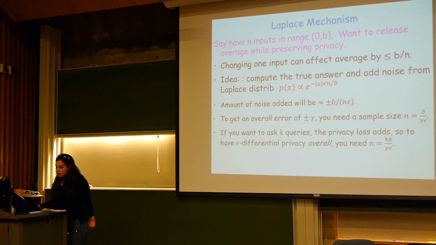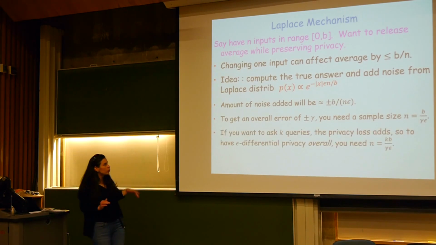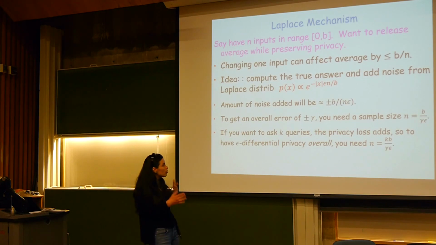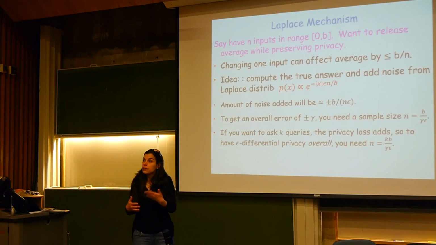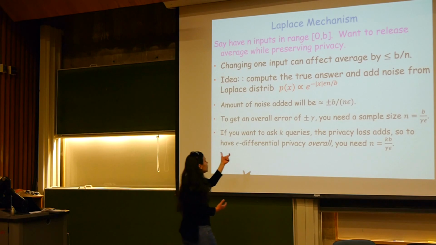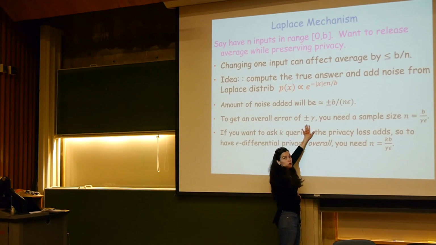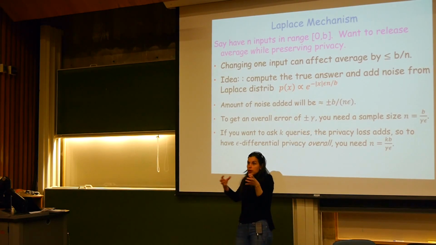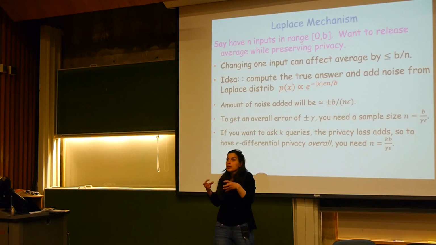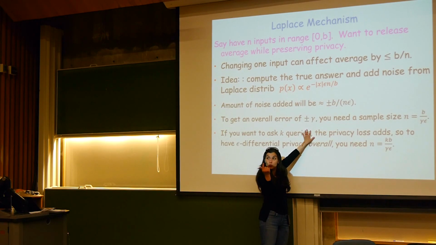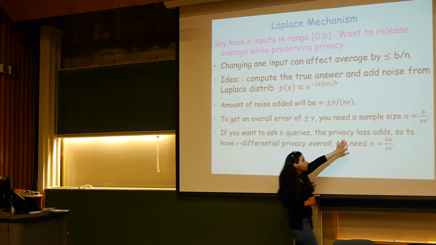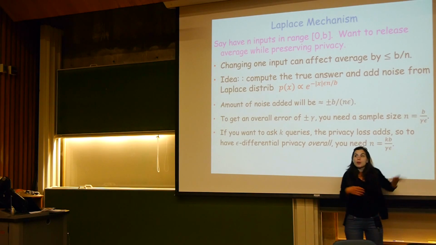And actually, then you have to go ahead and think about it. I'm not going to go through these computations, but the way to think about it is, I'm going to add a certain amount of noise, and then I might ask, how many samples do I need to be epsilon differentially private and to achieve an overall error of plus minus gamma? We also want to be accurate, so we want to have some utility. Maybe my utility here is gamma: I want to output something that is within plus minus gamma of the true average, and I also want to preserve epsilon differential privacy. How many samples do I need?